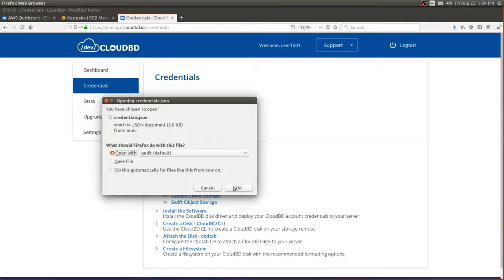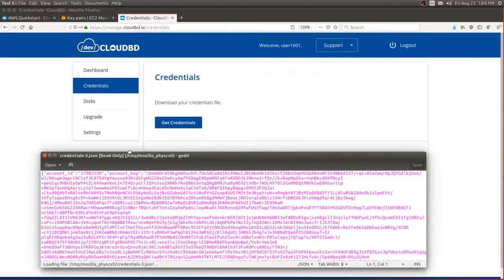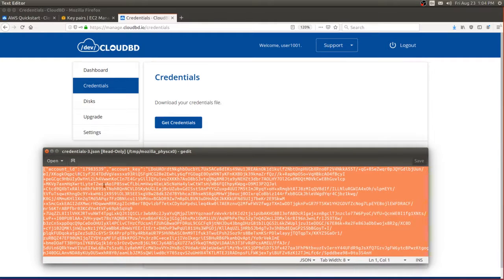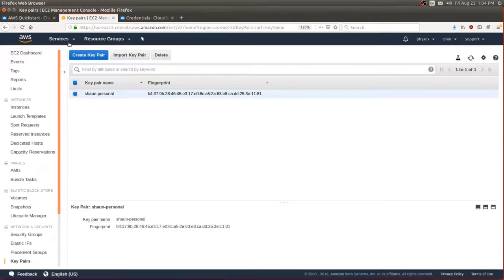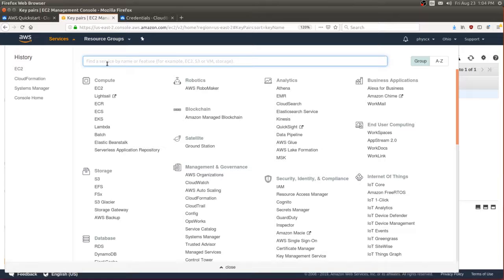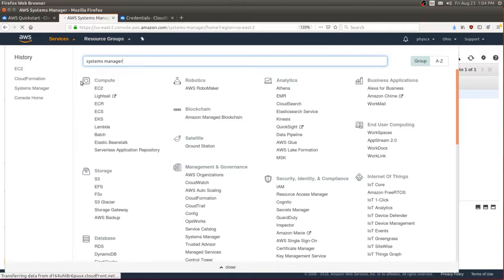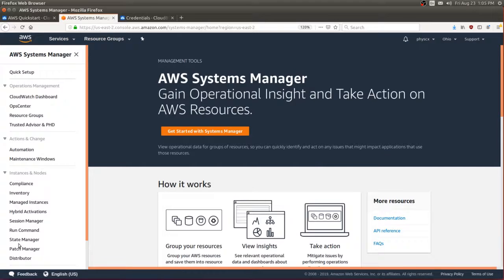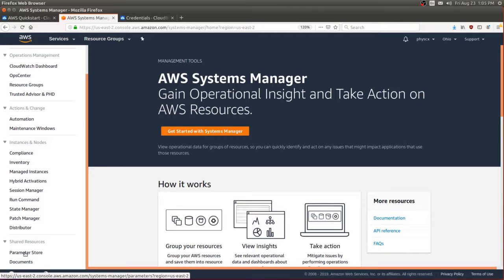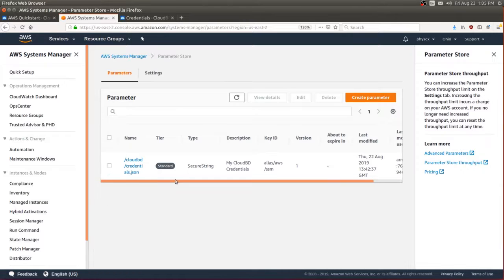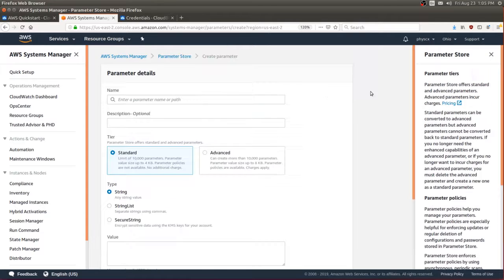Let's see if I can just open it. Okay. So we're just going to select this whole JSON blob and copy it, and then come into the Systems Manager on AWS and find the parameter store. And I've already created the CloudBD credentials parameter on this account, but if you follow the tutorial, you'll be selecting create parameter,